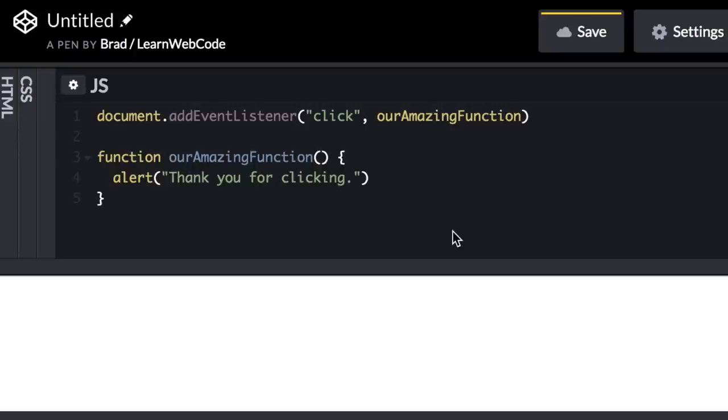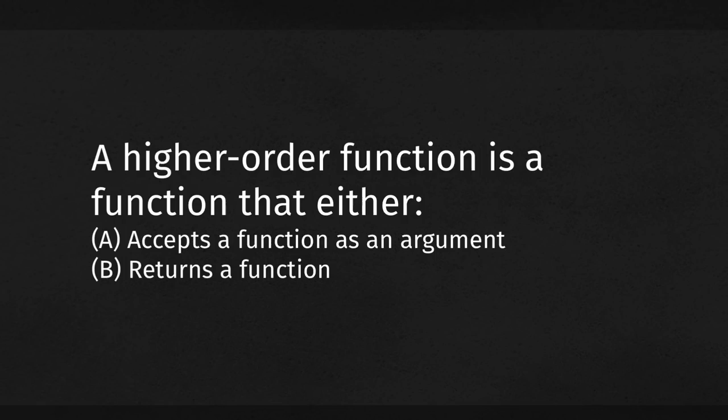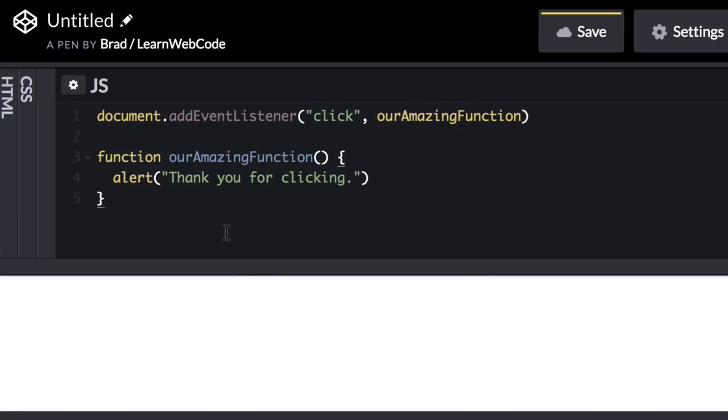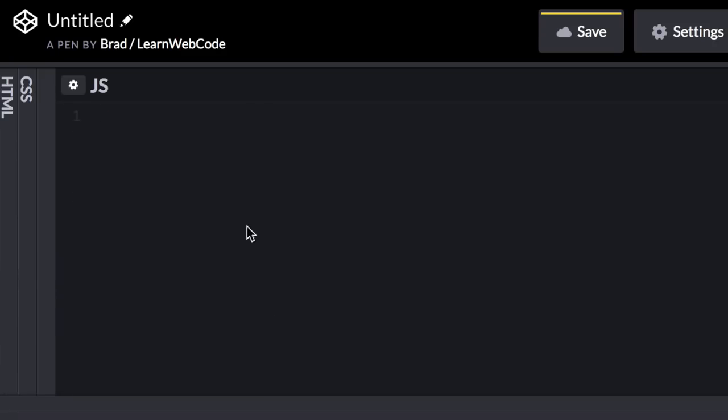But really quick, back to the definition, right? A higher order function is a function that accepts a function as an argument and or returns a function as its result. So we just saw an example of the first part of that definition, right? We saw a function that accepts a function as an argument. And now the last part of the definition, a function that returns a function as a result, that is a bit trickier to understand. So right now I'm going to get rid of this code and let's start fresh,